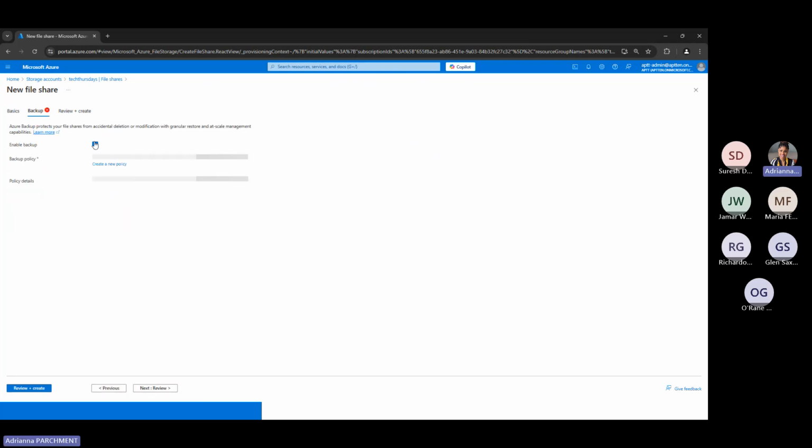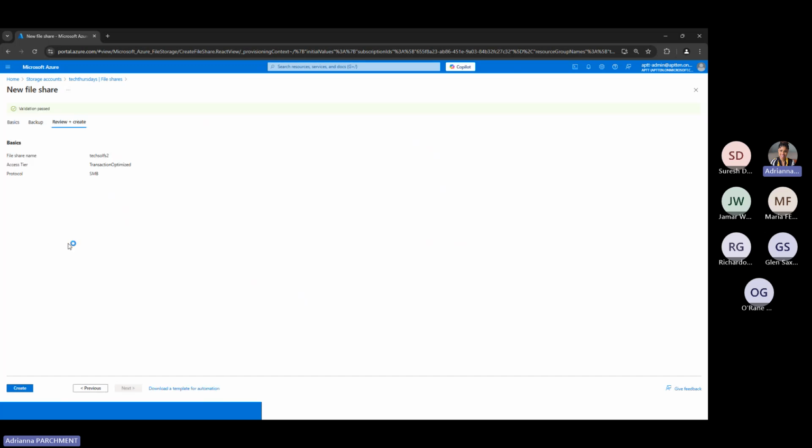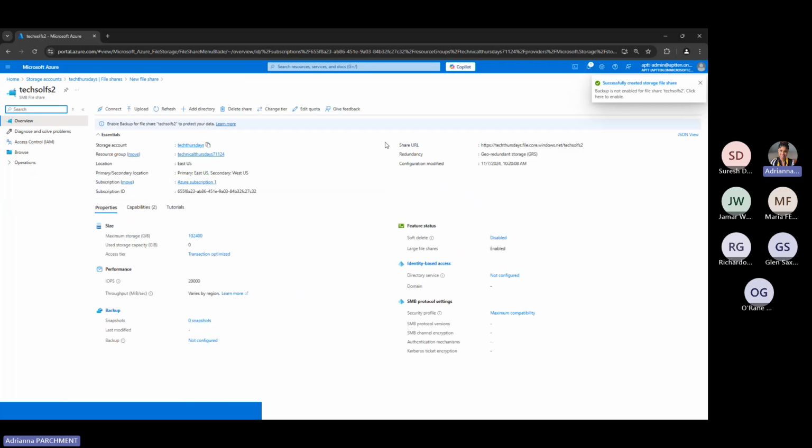We're going to skip the backup for right now, but this is what I was mentioning before. You can back up the file shares from accidental deletion or modification, so you have a copy or a backup of your file share there. You have that added redundancy for your environment. And so we can just go to review and create, and we have created a file share that we're going to use for